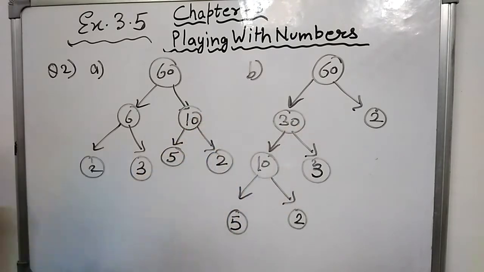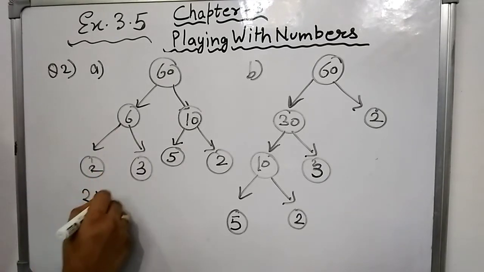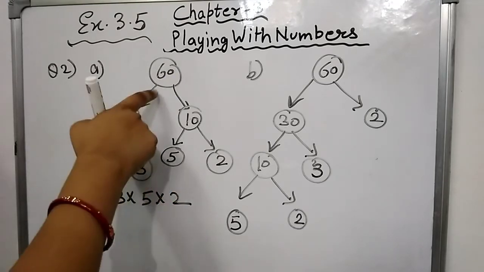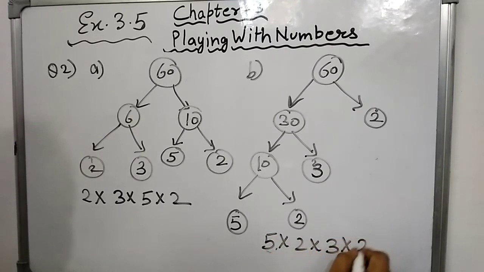So from both these factor trees, we factorize 60 with different factors, but at last prime factors are same for both trees. You can see these are 4 prime factors which we get from factor tree number 1, and here in second factor tree we get our prime factor as these, and these are same. So you can take any factors to any given number for making factor tree, but you will get same number of prime factors to particular number.